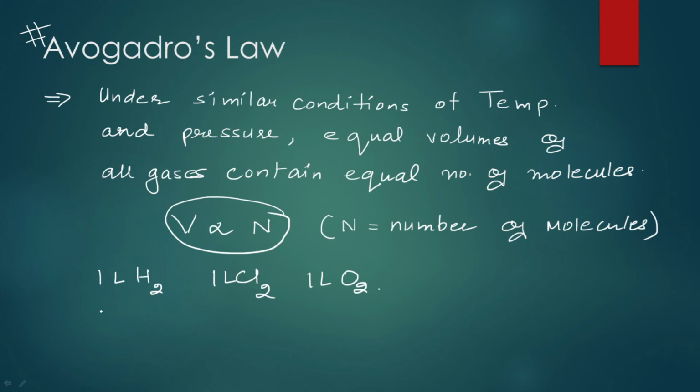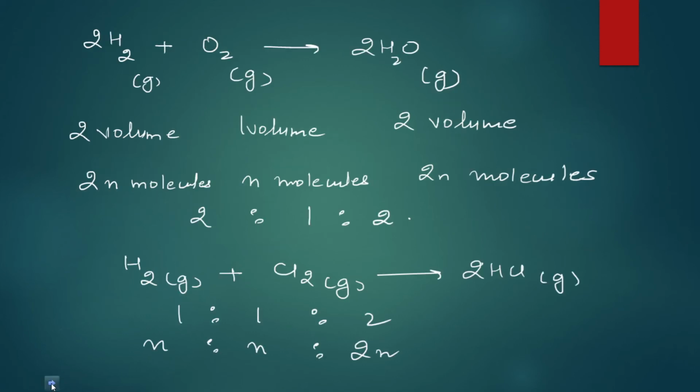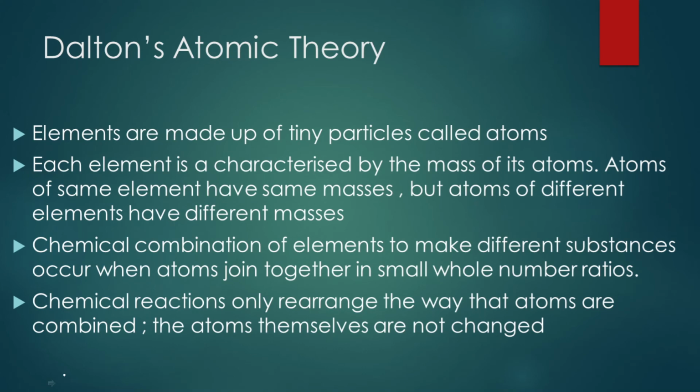Now over here there was another thing: whenever we are talking of Gay-Lussac's law and Avogadro's law, there was another concept which was given, Dalton's atomic theory. Dalton was the first scientist to give a theoretical justification to all the laws which we have given. John Dalton provided a simple theory of matter, and this theory of matter we call Dalton's atomic theory. So let's look at the postulates of Dalton's atomic theory.